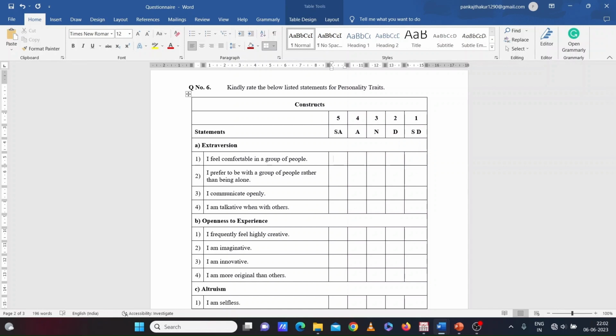As you can see, we are going to measure these personality traits on a 5-point Likert scale, that is basically an agreement scale. SA stands for strongly agree, A stands for agree, N stands for neutral, D stands for disagree, and SD stands for strongly disagree.